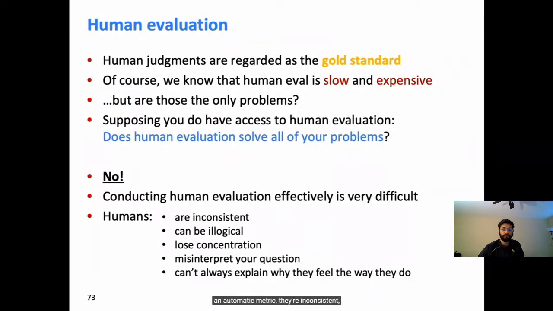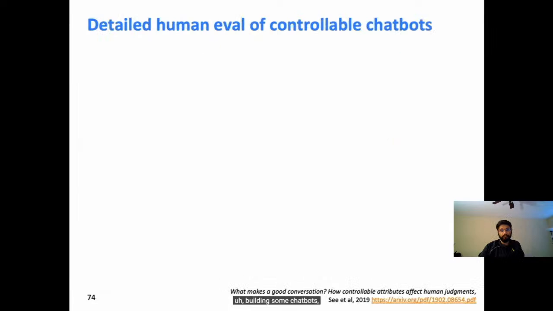They're inconsistent, they can be illogical, sometimes they just get bored of your task and they don't really pay attention anymore. They can misinterpret the question you asked, and sometimes they do things they can't really explain why they did it. So as a kind of case study of this, I'm going to tell you about a project I did where I was building some chatbots, and it turned out that the human evaluation was kind of the hardest part